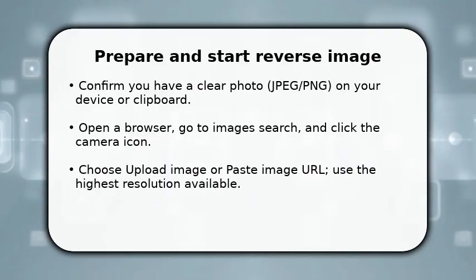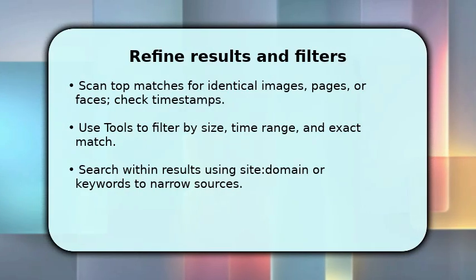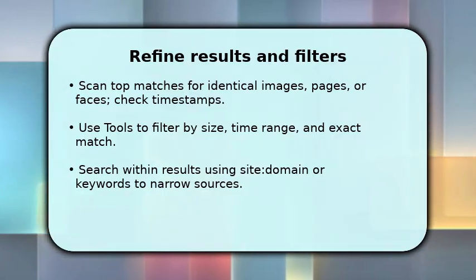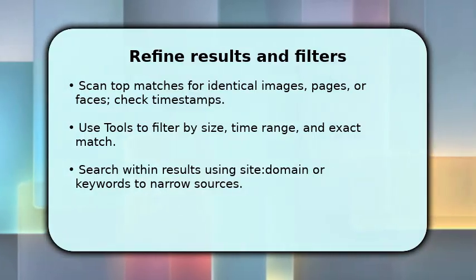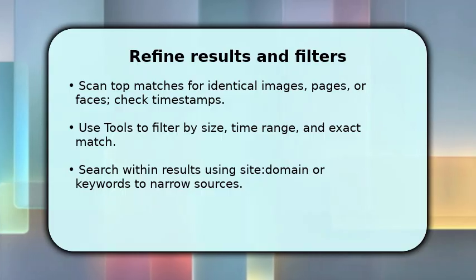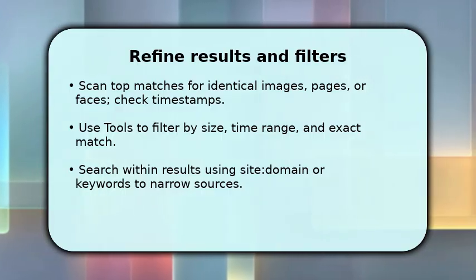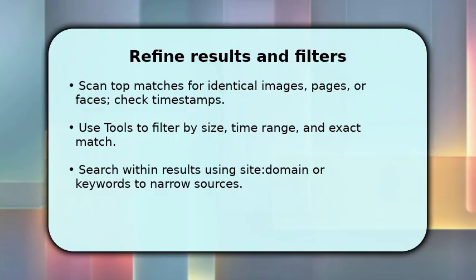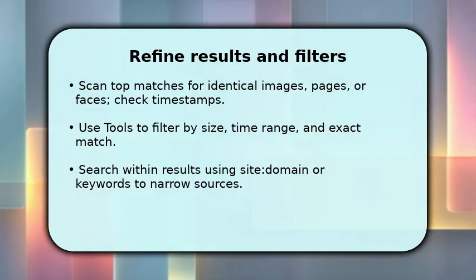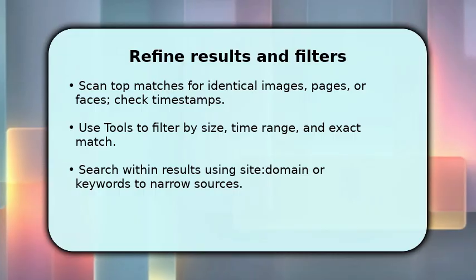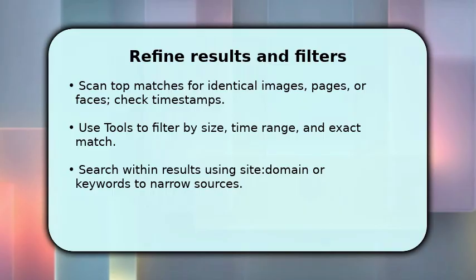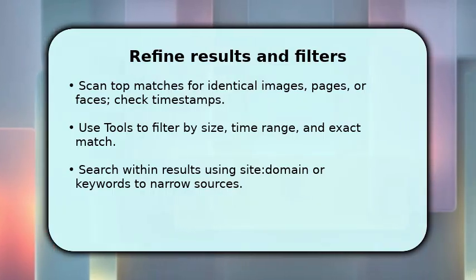Once results appear, you need to refine them. Look for exact matches first. Identical photos often link back to original pages. Then use tools to filter by size and time range. This helps spot older versus recent uses. If many generic matches appear, add keywords in the results search bar or try site:domain to limit to one website. You can also open candidate pages in new tabs and inspect file names, captions, and metadata for clues about